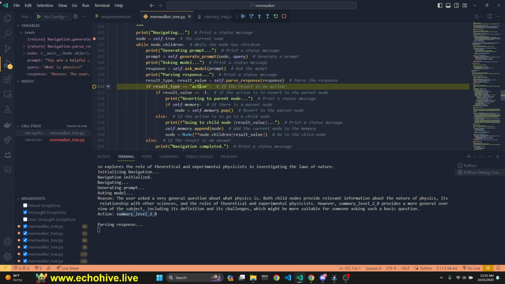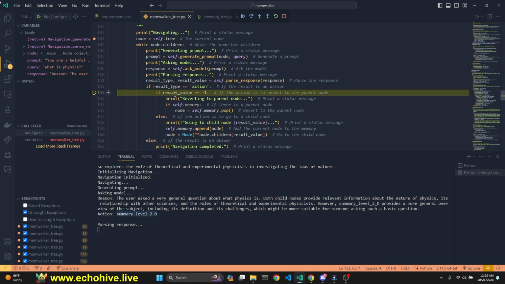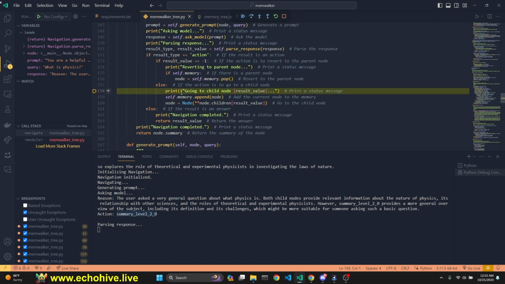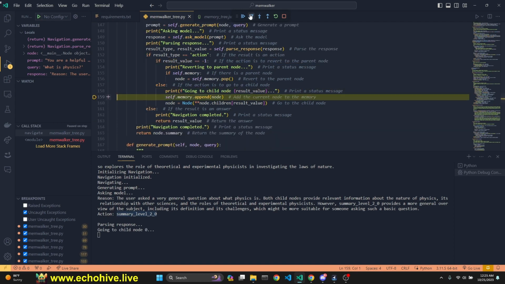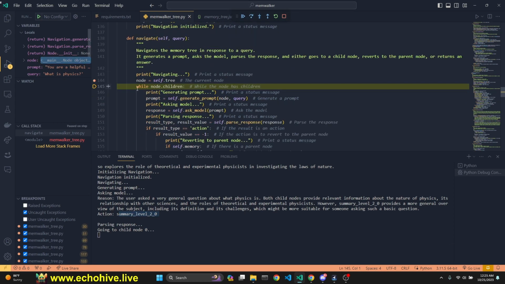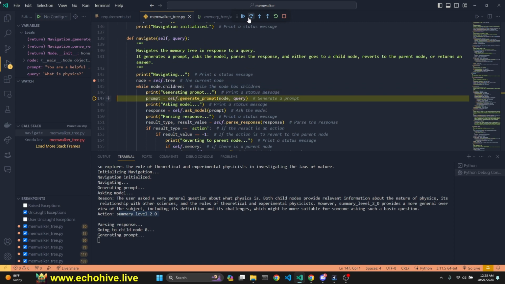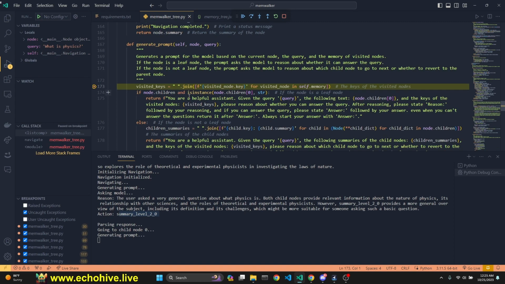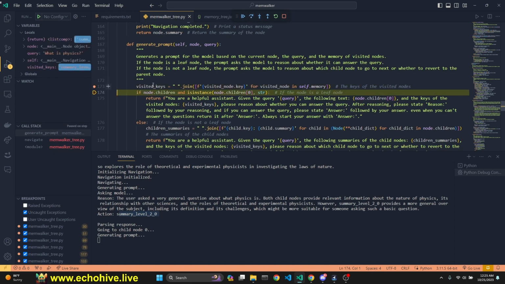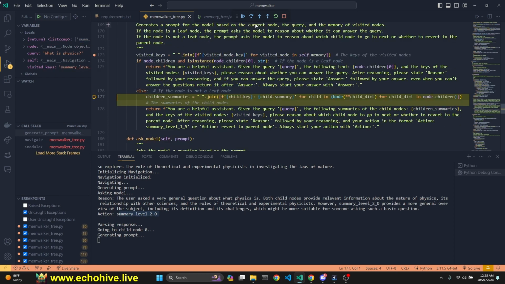And if the result type is action, then we say the result value is -1. If this is true, then we're going to revert back to the node, but it is not. We are actually going to the child node 0 in this case, because it had picked the first one, right? And here we go. We are just grabbing that node. And then we are again generating the prompt. Now we are generating the visited keys. See, we have visited summary level 2.0. Again, we are getting the children